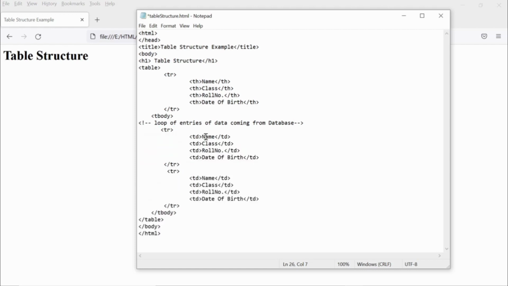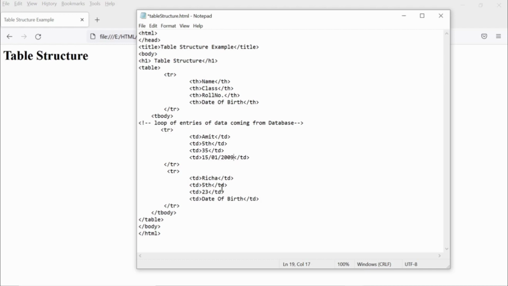So now let me copy again. So I am replacing it with the student name for the first row and the first column, and the first row and the second column I have 5th class, and the first row and third column will be 35, and second row first column Richa, second row second column fifth, second row third column will be 23, and first row fourth column put any date of birth as per your choice.